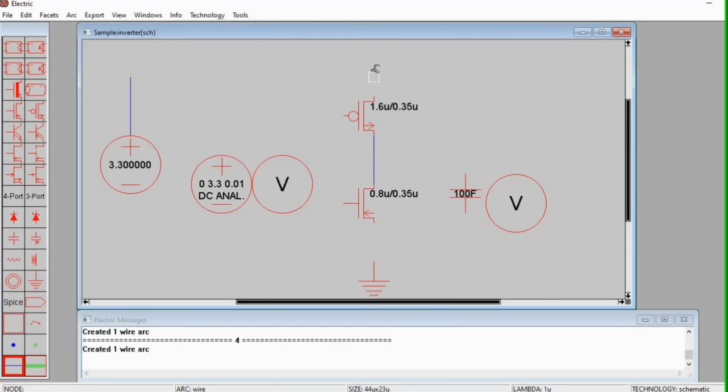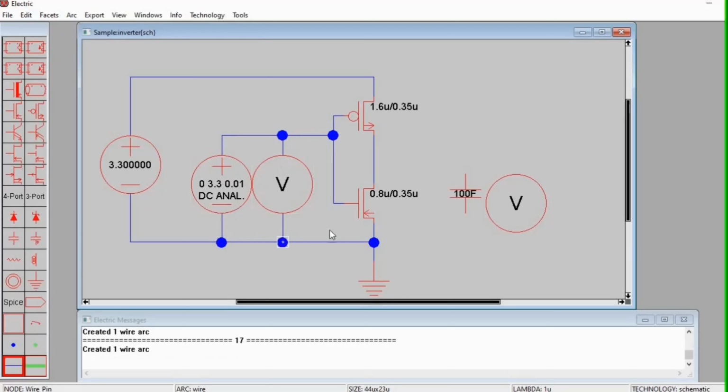Then you may continue connecting the other nodes. So we are now finished with our circuit.